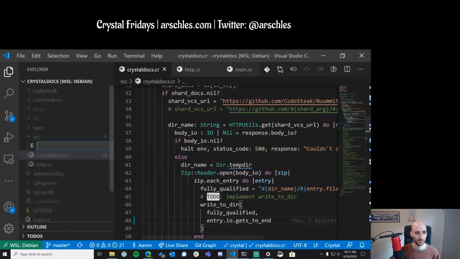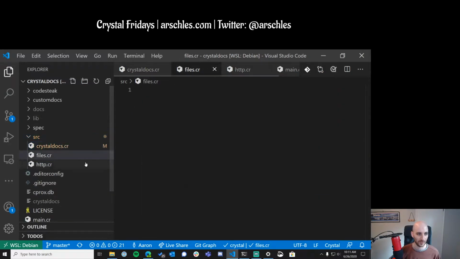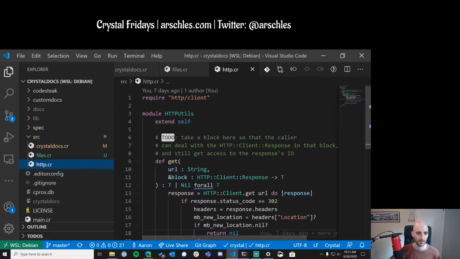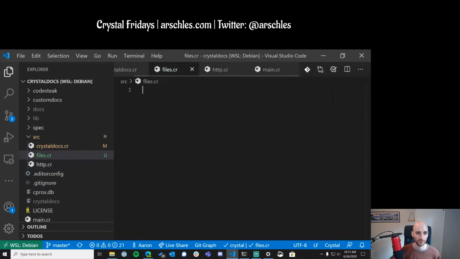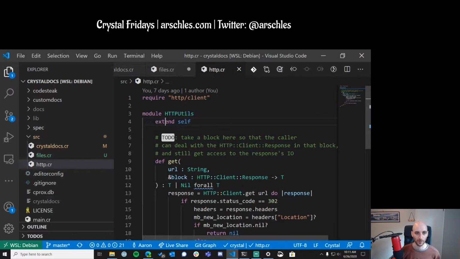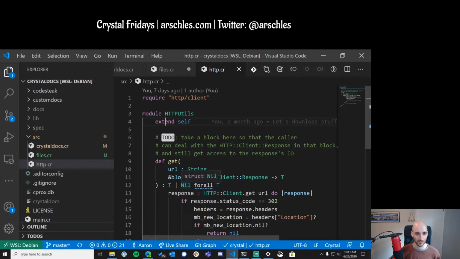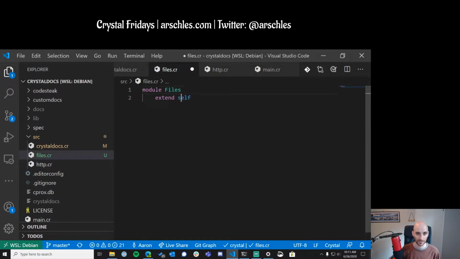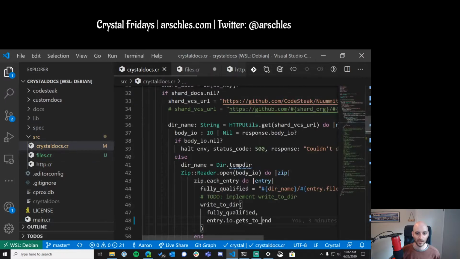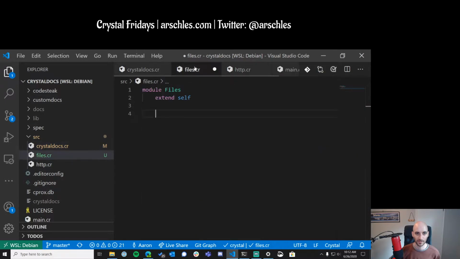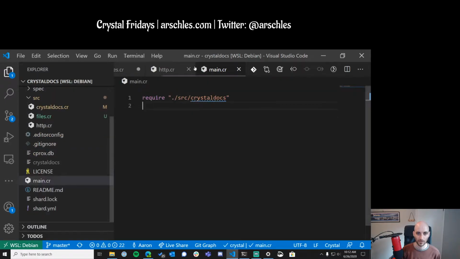So let me go make this real fancy. I'm going to create a new file. I'm going to copy the same pattern as I had in http.cr, create a new http utils. And from what I remember, I don't exactly understand this, but you have to extend self if you want to be able to call, in this case, http utils dot get or dot whatever. So here I'm going to call this files, and again I'm going to extend self, and then I'm going to implement this def write to dir, and I'm going to call it,